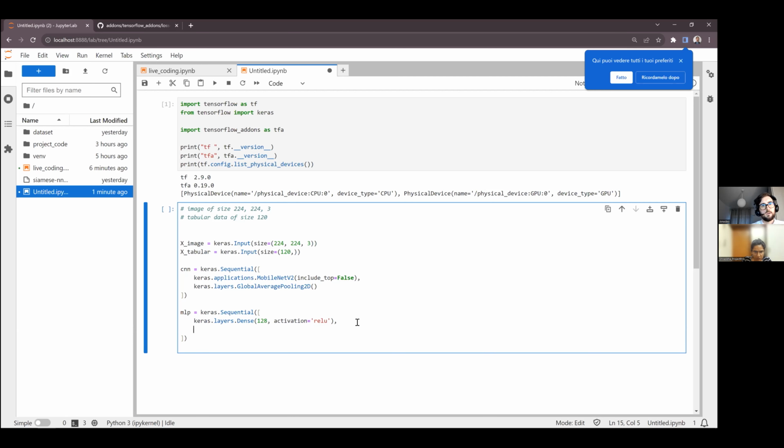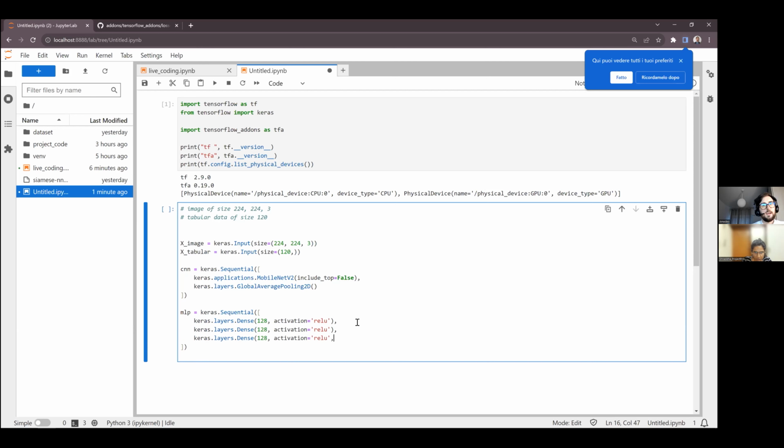I don't know how big it should be, a couple of layers. Then for the final layer, let's say that we want to sum the two embeddings, so I want to make sure that this has the same dimension. I'll put shape -1, so that this network will have the same output shape as the CNN.